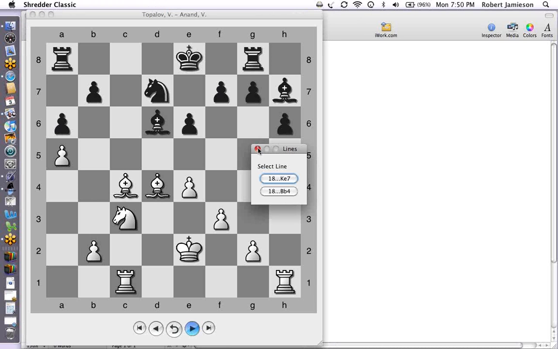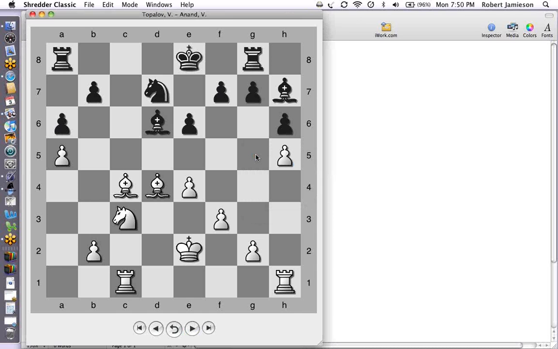Would be King E7, or what are you thinking of? Rook C8 or King E7 would be the two moves that spring to my mind first up. The other move is Bishop B4, attacking that pawn and maybe forcing Rook A1, would be possible. But the move Anand chose was the simple one, just King E7. Got to be good. He's clearing the back rank for the rooks, and it's nice and safe and solid,